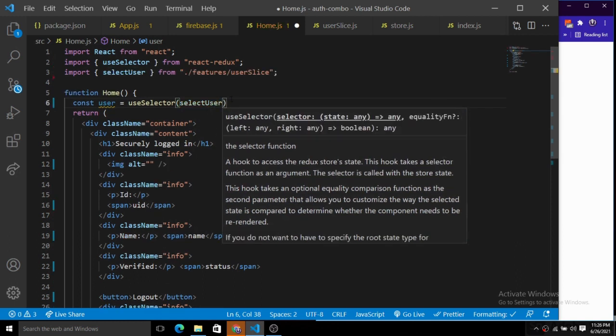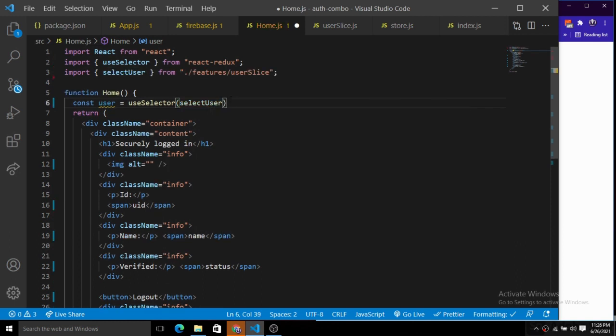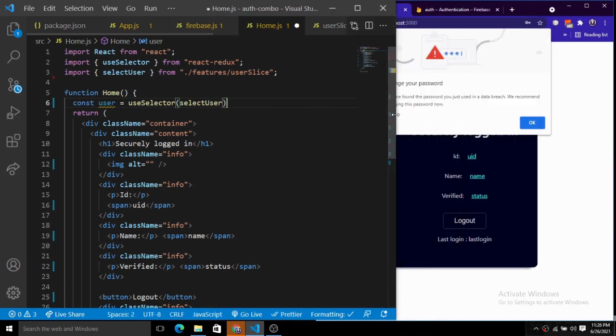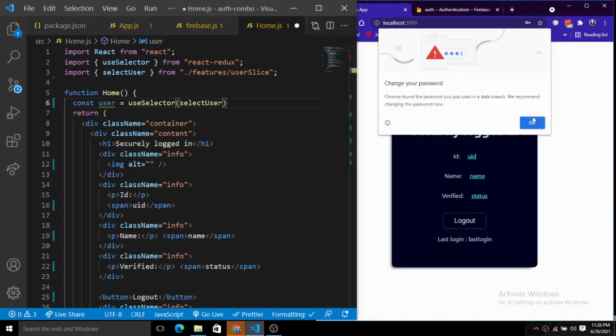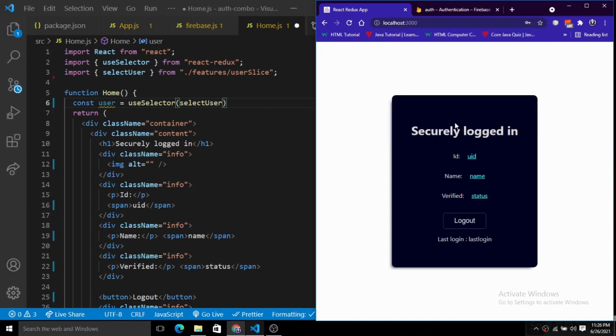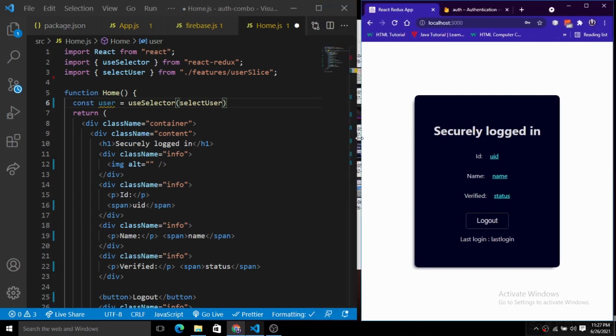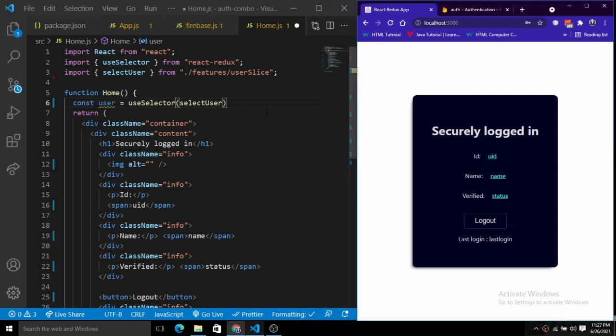Now the select user has the updated state of all the information here. We have saved this, and now you can see we are on the home page because we have updated the state. When we save that page, you can see we have securely logged in here.